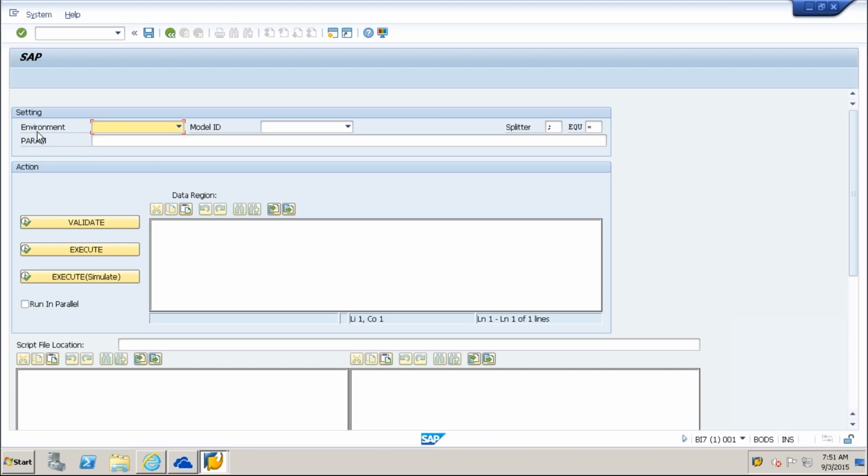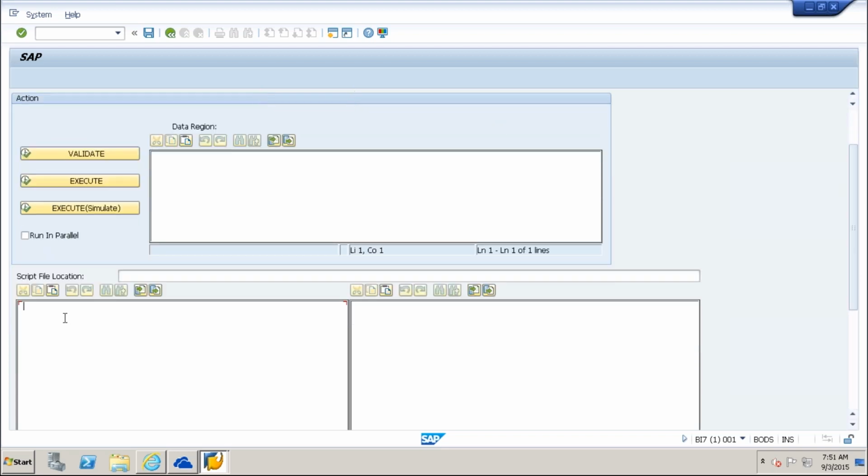It will ask you for the environment name. Our environment is env underscore UK, and the model, because the script logic is model specific. Our model is sales plan. This is fine, these two. Then you come here and put that script.